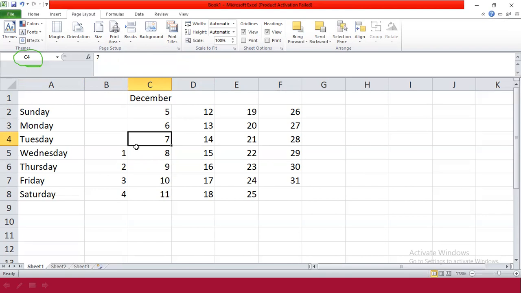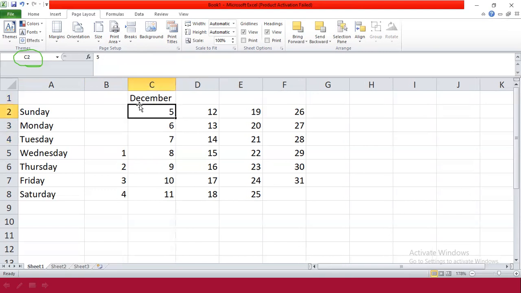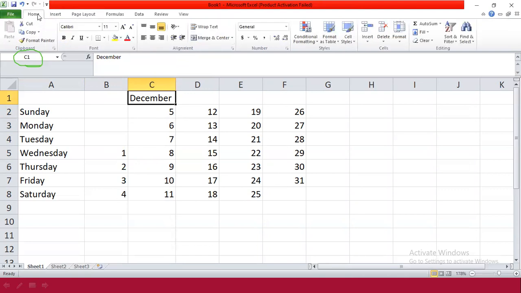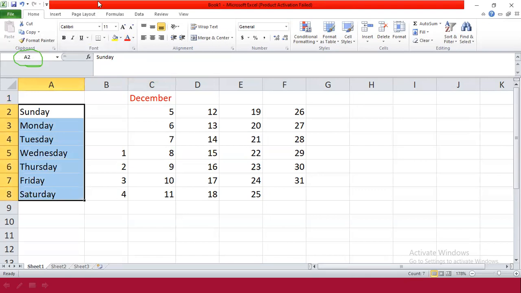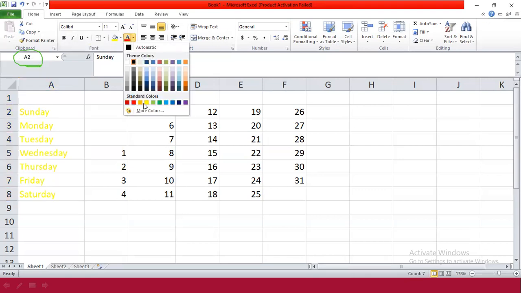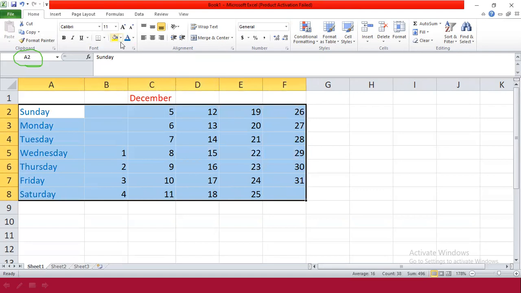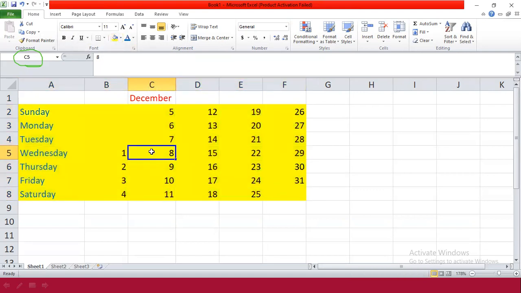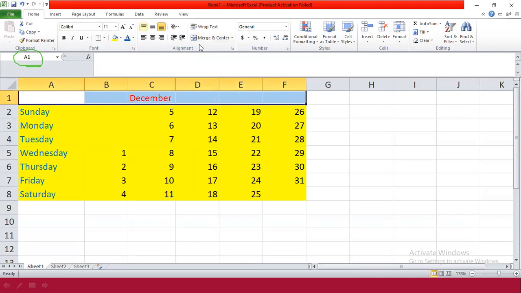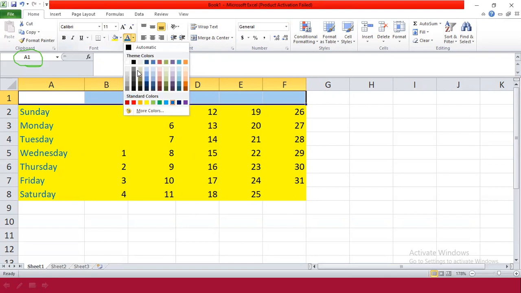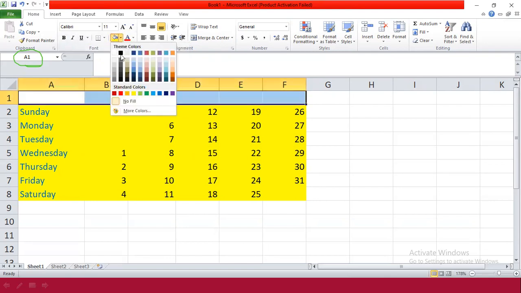Already we just learned how to enter the data. Now edit the data. Now I want to do some little formatting. I want to color this month name red. Go to the Home tab and color it. Then these things I want in blue color, so select it and apply a blue color. Also, I want to apply color to all of this. First of all, I would like to select it and give a background color, yellow color. Just apply. Background color, light blue or sky blue color, if I want to apply.